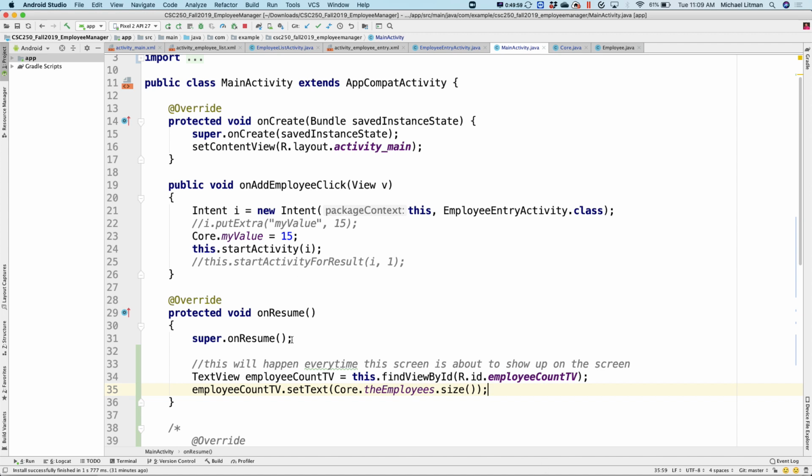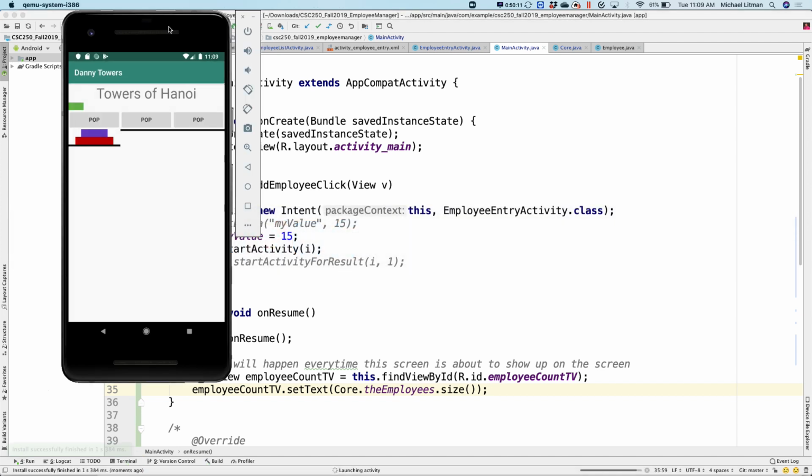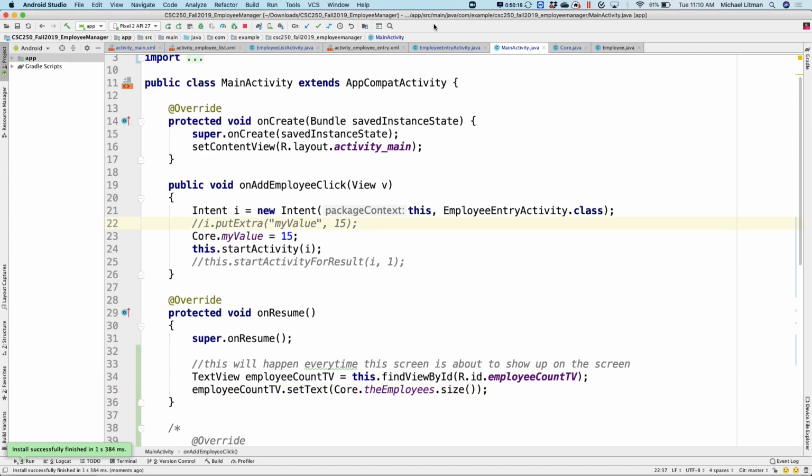Now, setText. So here, I'll run this real quick, and we'll see it crash, because this is a common mistake. That's why I'm showing it to you. And survey says, and okay, there's our crash. And you may say, oh, well, why did this crash? Now, notice here,